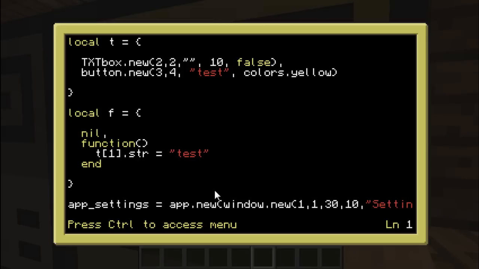So, what do we have here? We have the first table, T. It contains all the components which will be inside the window. And so in the settings window we have a text box and a button, as you have seen, and yes, just declaring those. All the rest will actually be handled in other files, but that's basically how you actually create